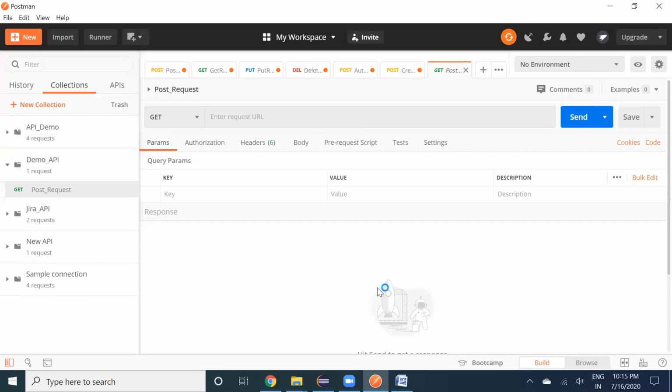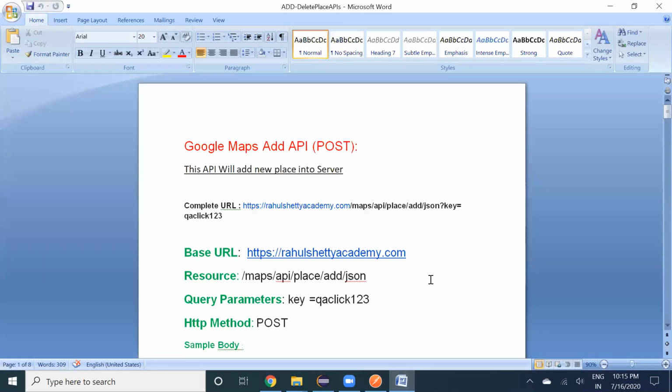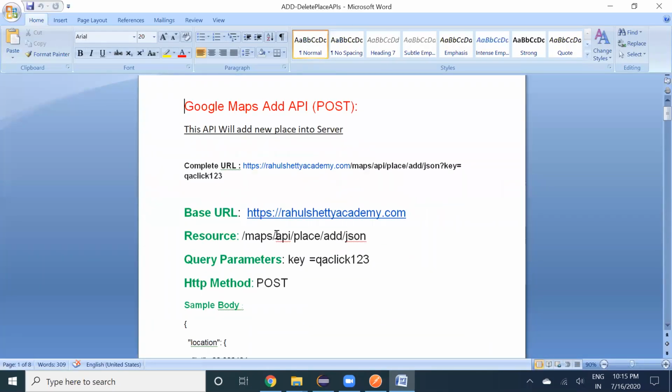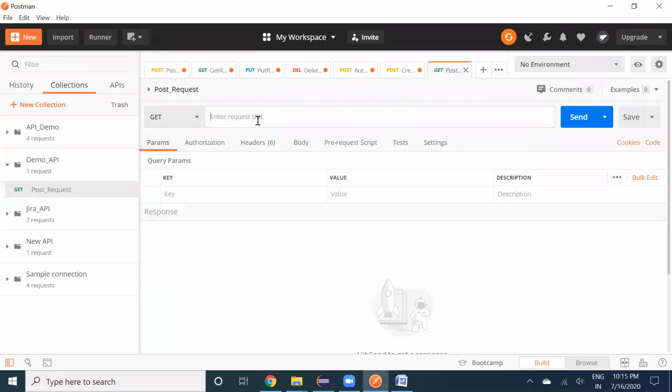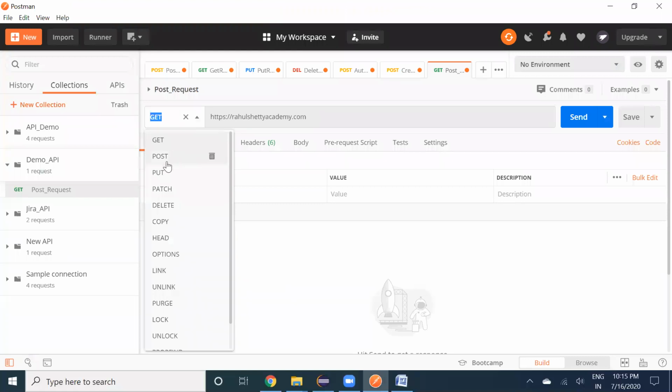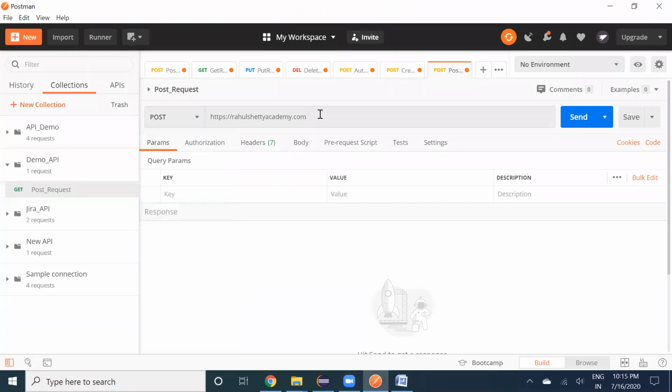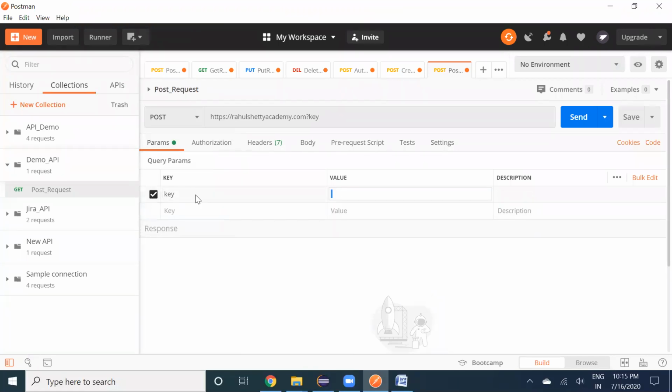POST is used to create a resource, so you copy the API which we have. So you give a POST now. We are going to create a resource now. For that, we should give a parameter.